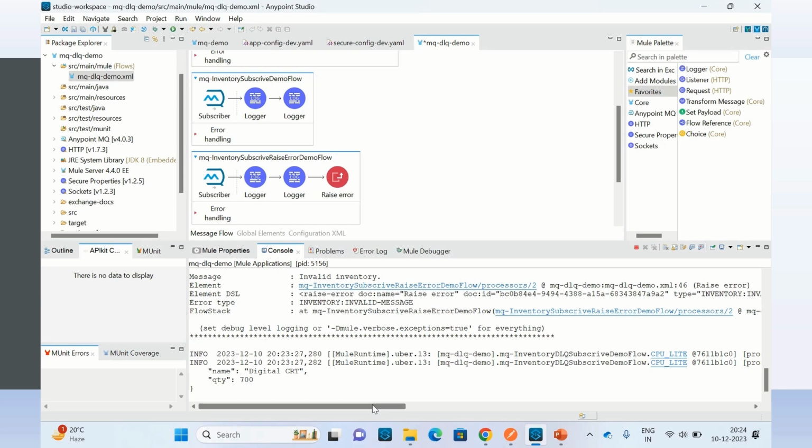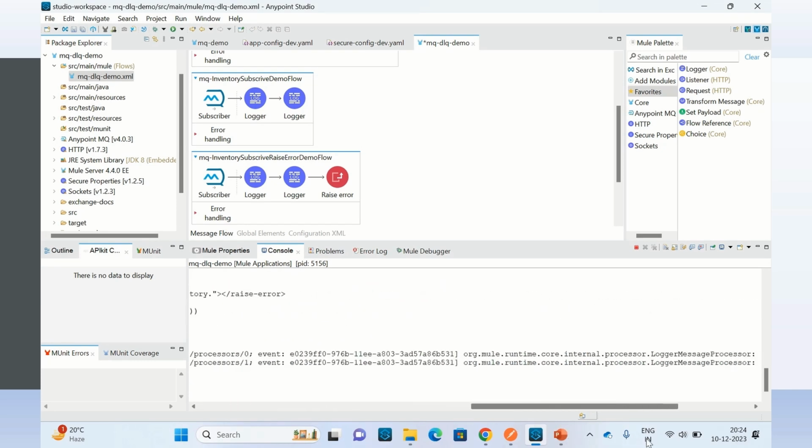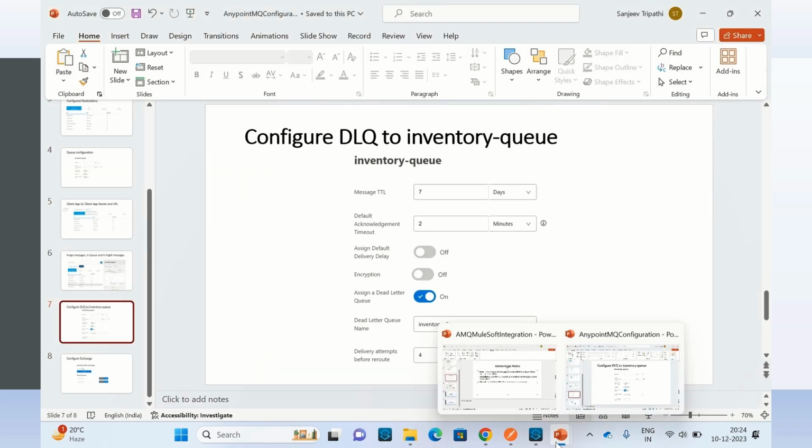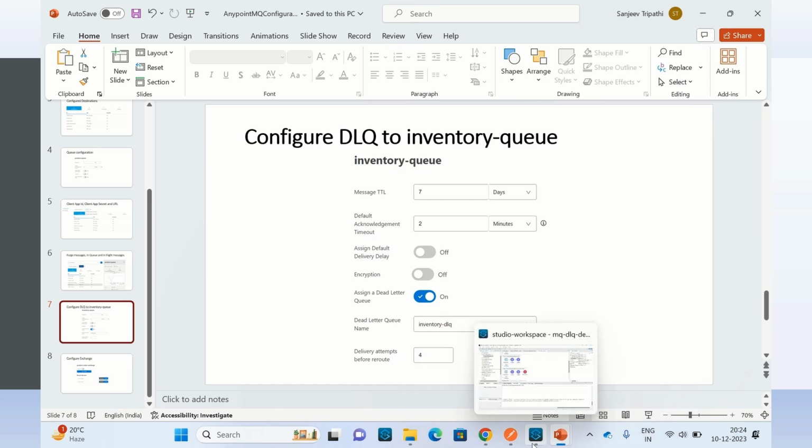And then after 4 times, the message has been routed to the inventory DLQ because of this configuration. It is sent to the inventory DLQ, and here we have another flow,